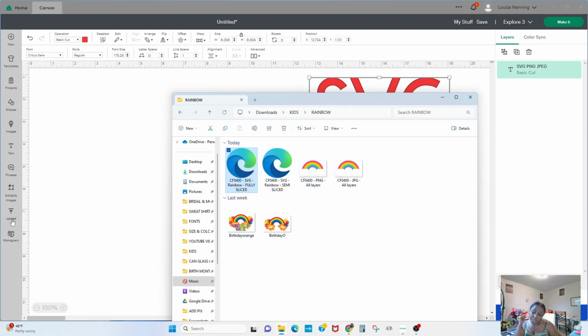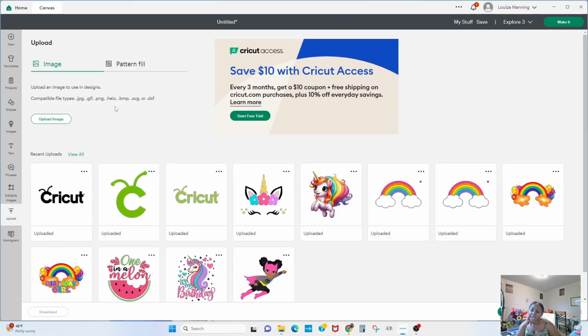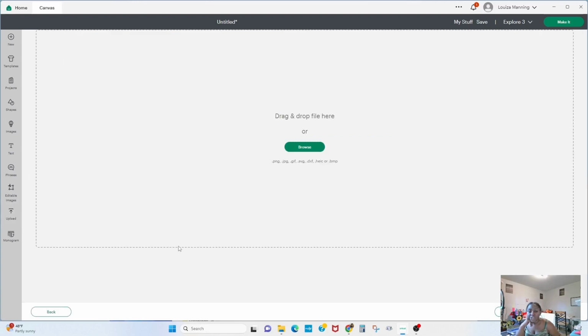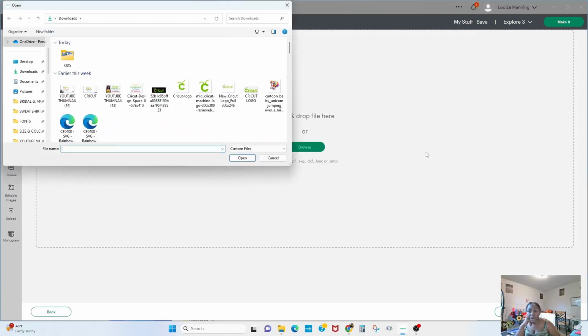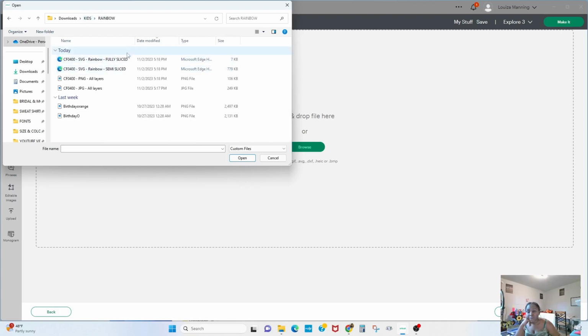files. So we're going to go here, click on upload, and on Cricut Design Space, you guys can see exactly what I'm doing. When you click on upload, you click on upload image here, and you can either browse by clicking on browse and go look for your file. And I know where my file is, under the kids file folder and rainbow, and I'm going to go ahead and